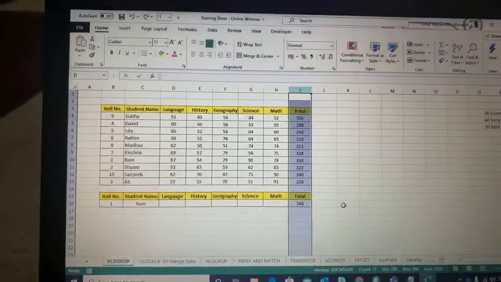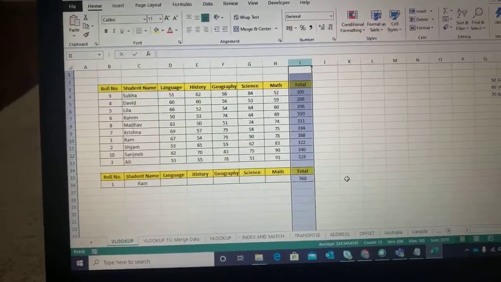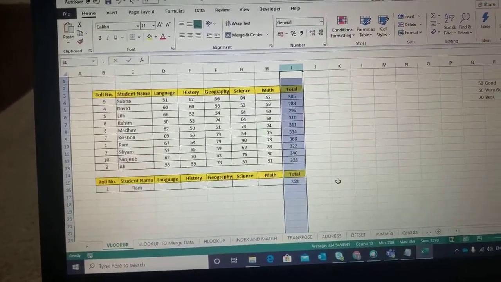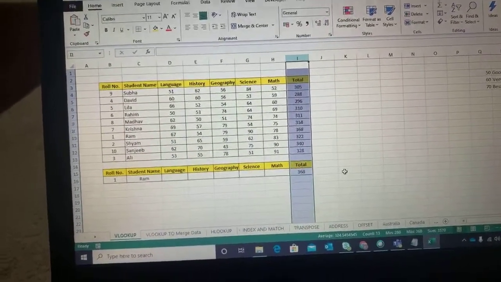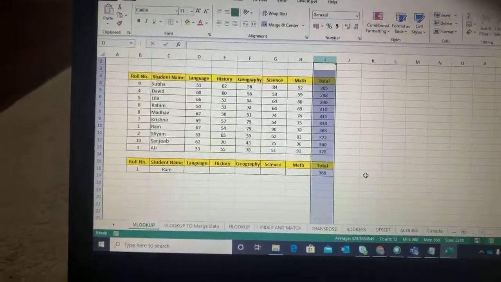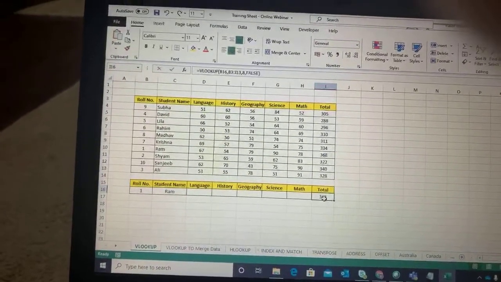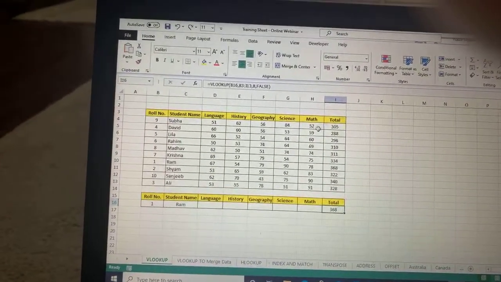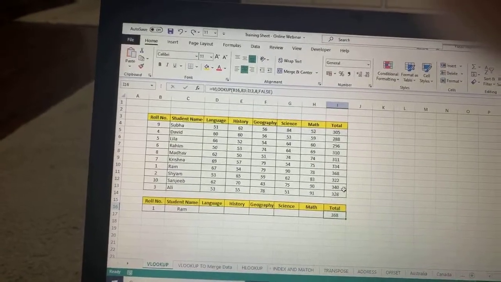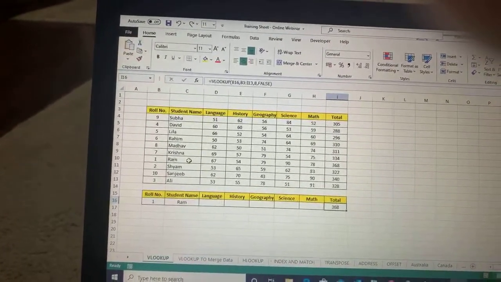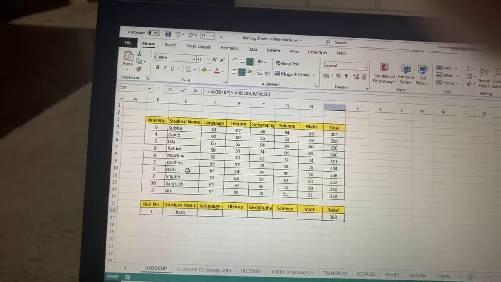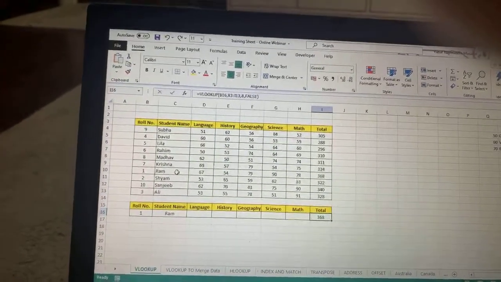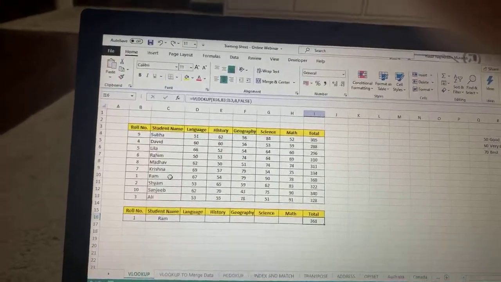So first of all, whenever we have used VLOOKUP function and after that we make changes to your table, we insert more columns, that is going to affect your end results and you will have to go there and make the changes in the column numbers. The second drawback is that suppose if I have the total marks of the student and based on the total marks, if I have to search for the student name, okay, so my lookup value is lying in column number 8, but I want to fetch a corresponding value from a column which is lying behind it, then that is not possible.